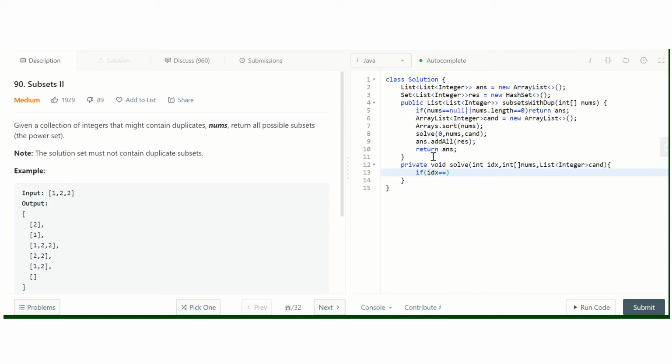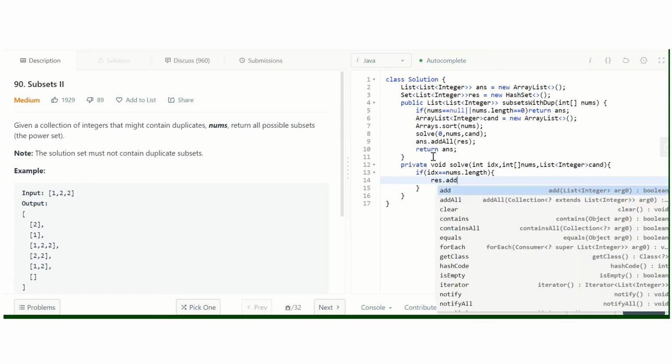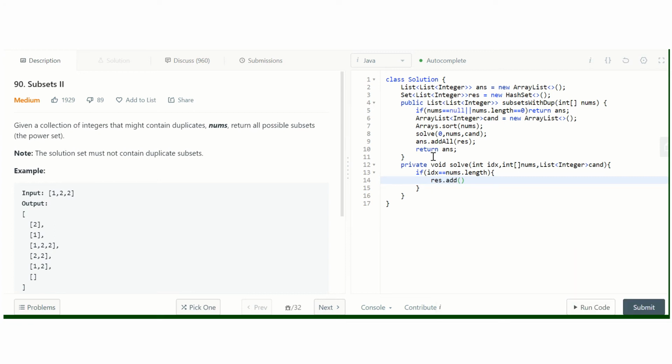If idx equals nums.length, then we add it to the result set, and we simply return.